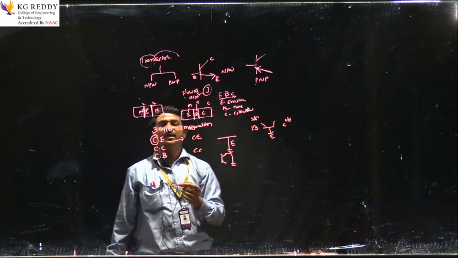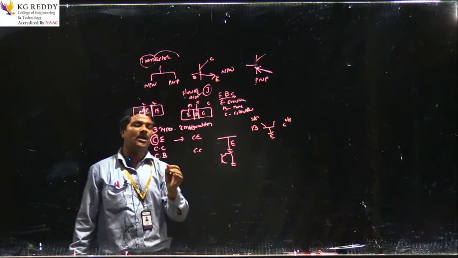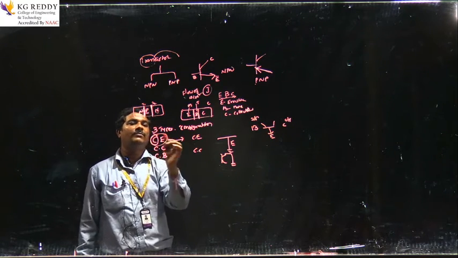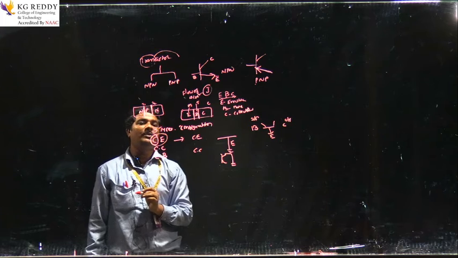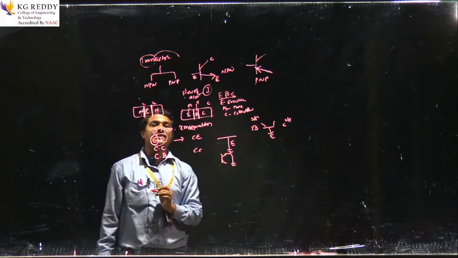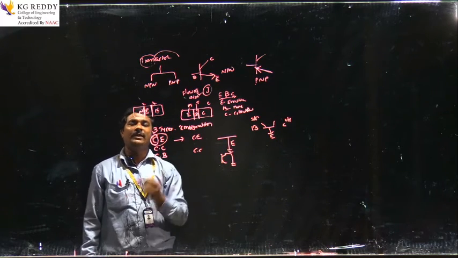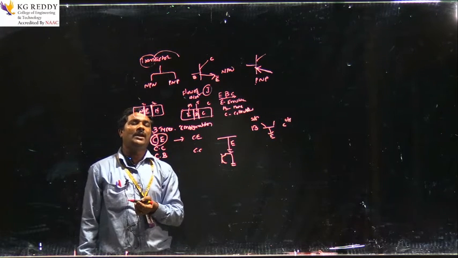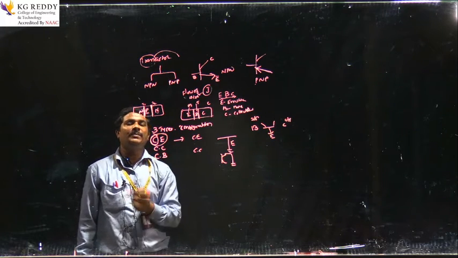Let us take the difference between common emitter, common collector and common base. Common emitter is the best example of an amplifier. Why do we choose common emitter? It acts as a voltage amplifier and a current amplifier. That's why the common emitter is the best example for a transistor amplifier.